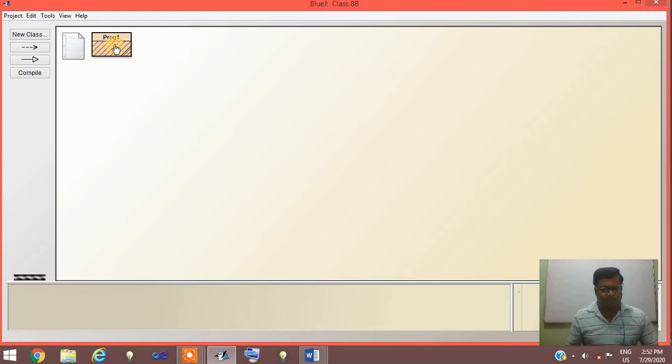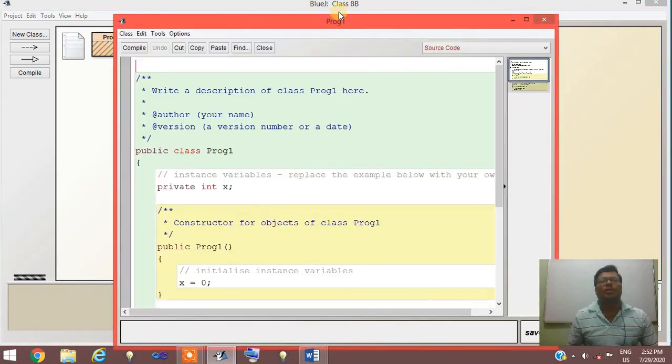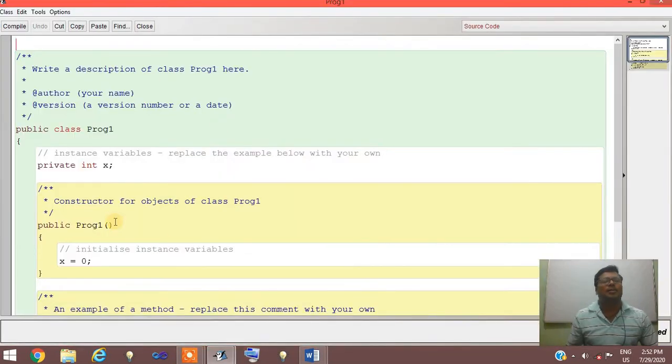Now you can double click, or right click and choose open editor. That means we open the editor, and in the editor we write the program. You can double click directly and you will get the editor.